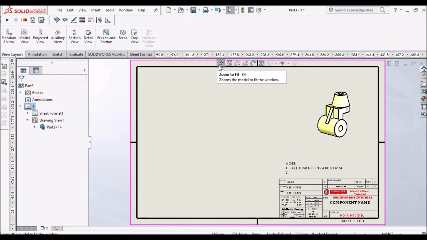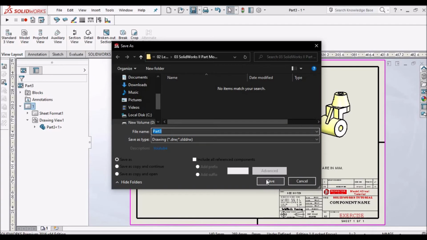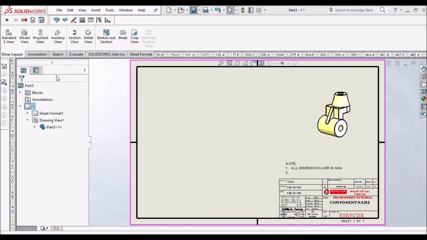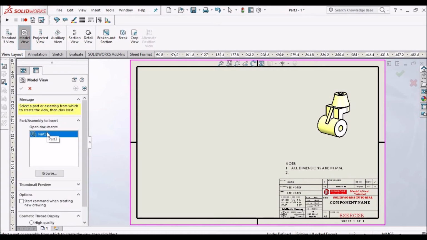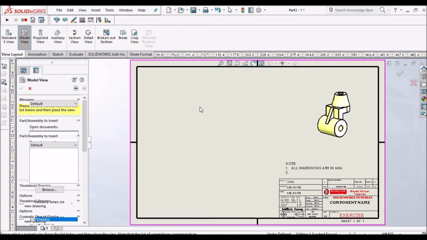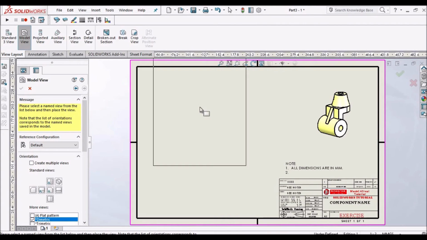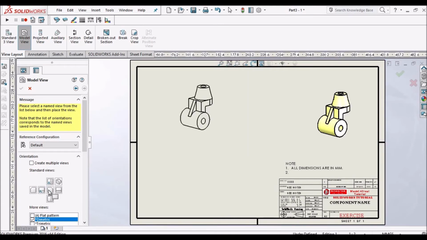Let's see that later. Next, save this file. Go to model, click this file, place it here and keep it front view.